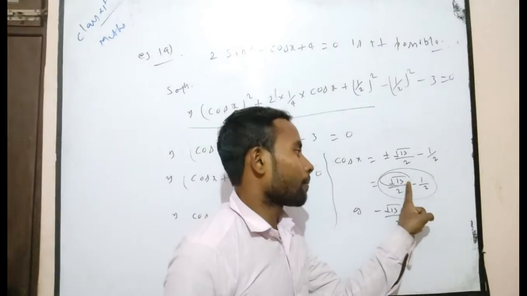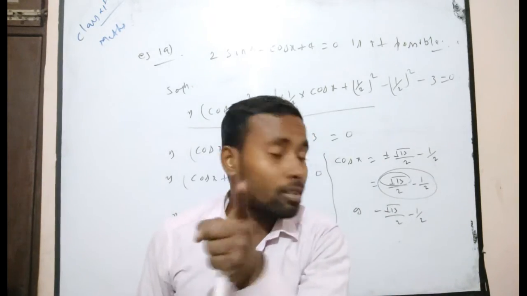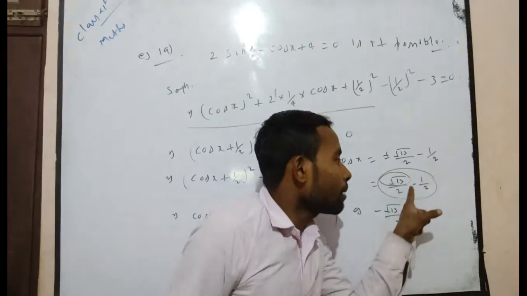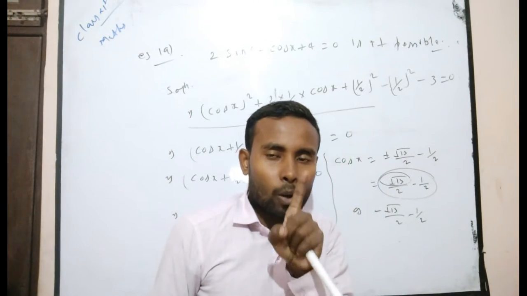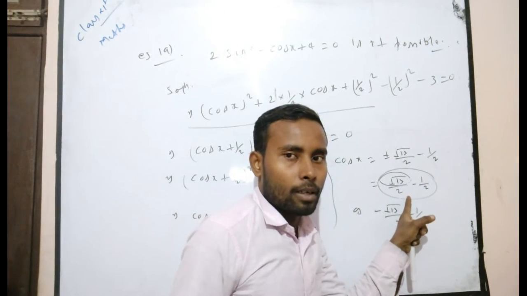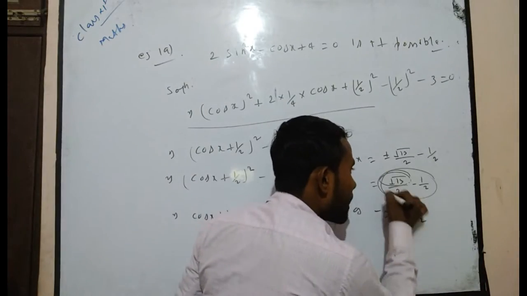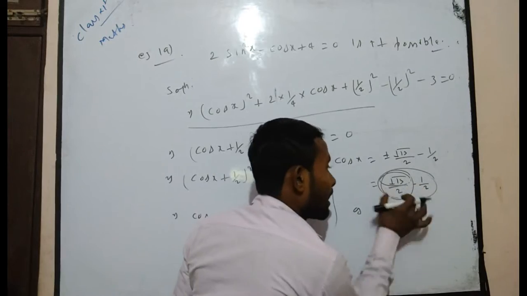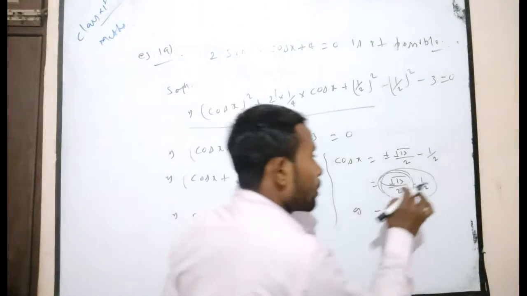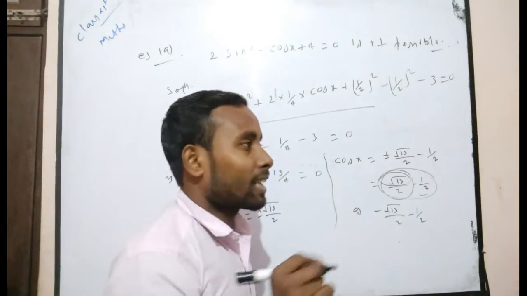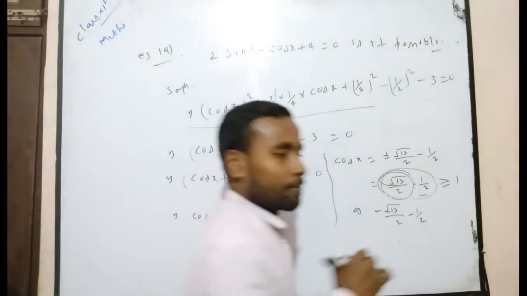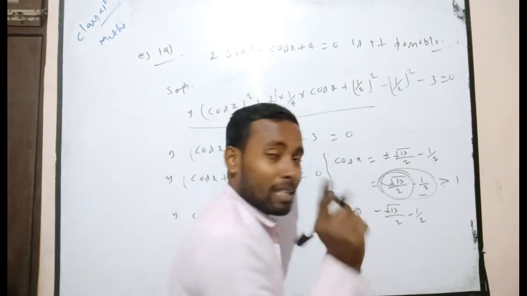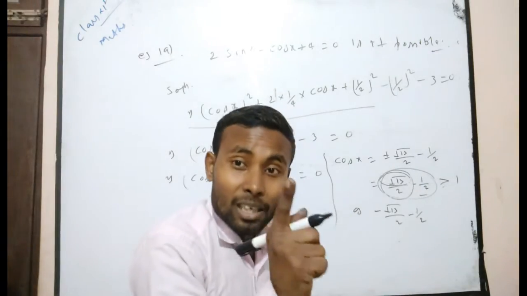It is greater than 3, and you have to divide 3 by 2. Here it is greater than 3. If you divide 3 by 2, then you get 3 upon 2. That means its complete value will be greater than 3 upon 2. If it becomes greater than 3 by 2, then if you subtract 1 upon 2, you can say that here it is greater than 1. It is greater than, not equal to, because it is not equal. It is always greater than 1, because root under 13 is greater than 3.